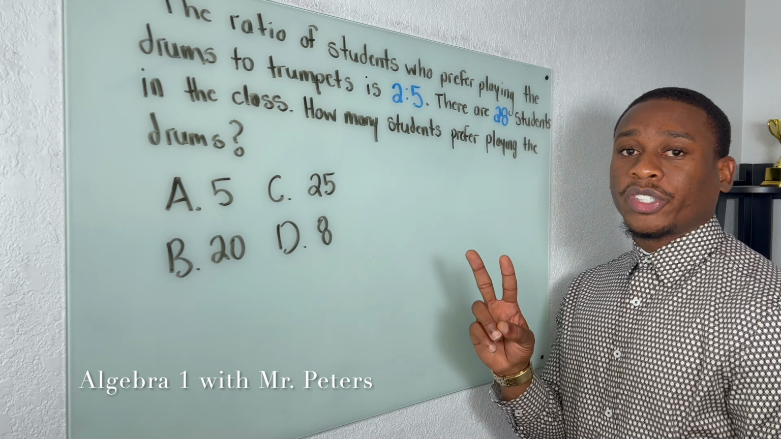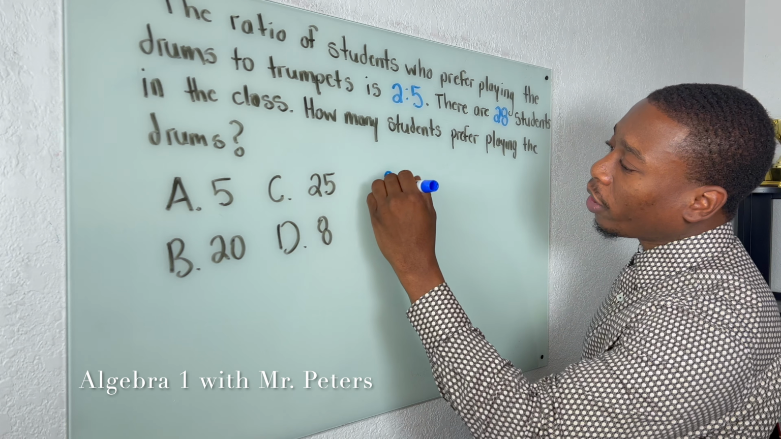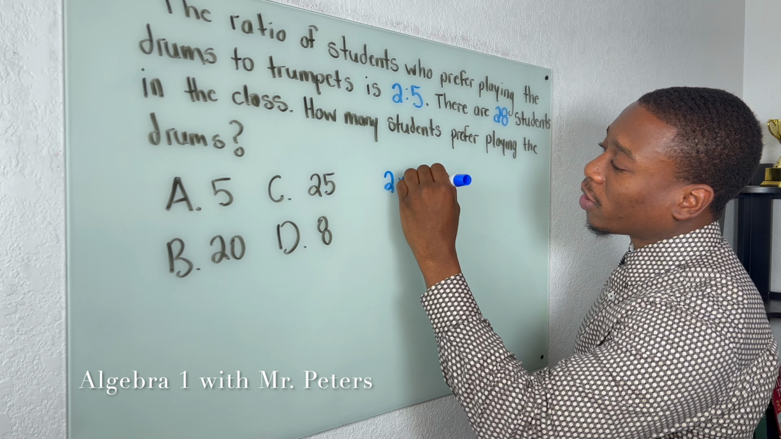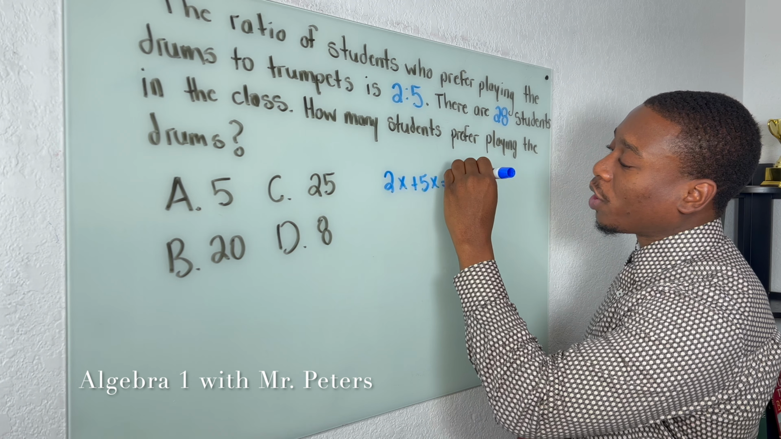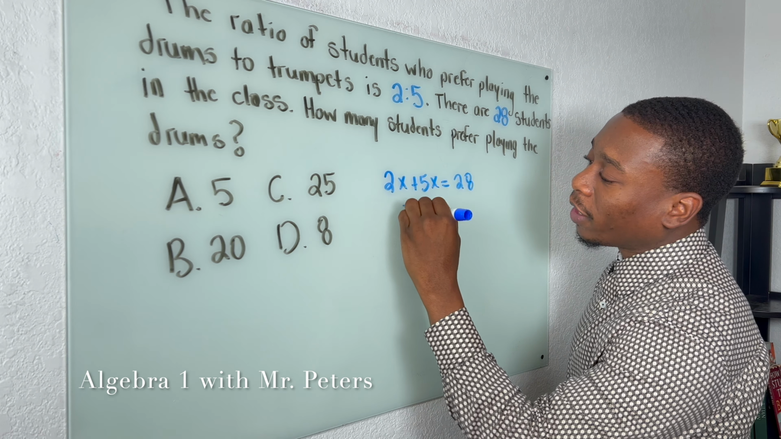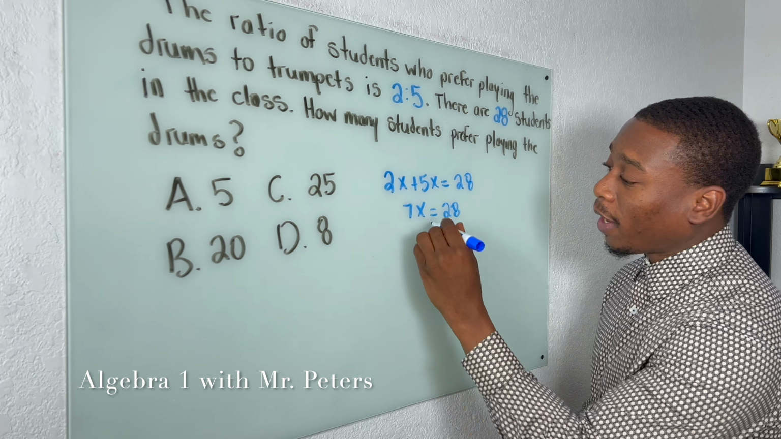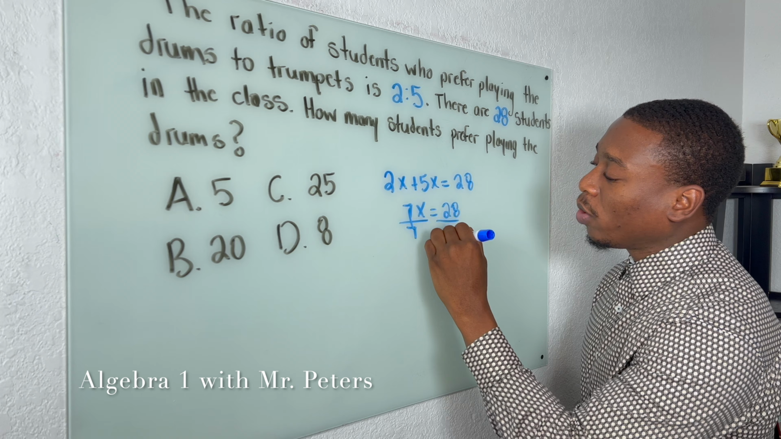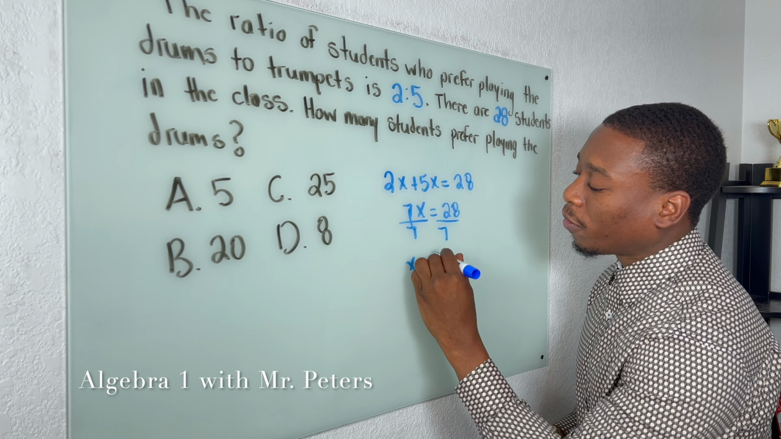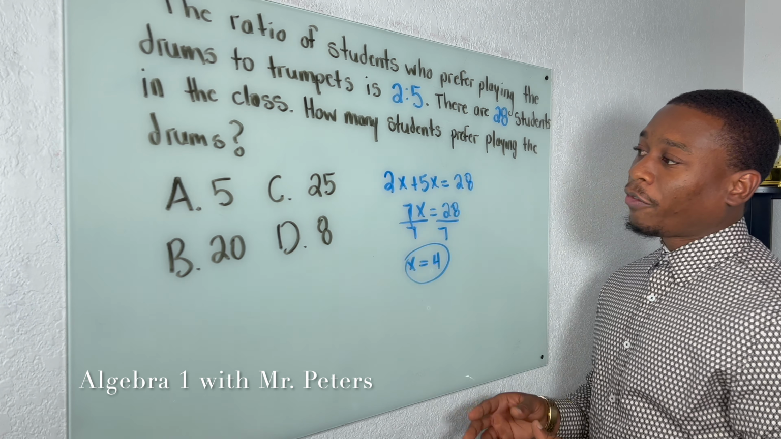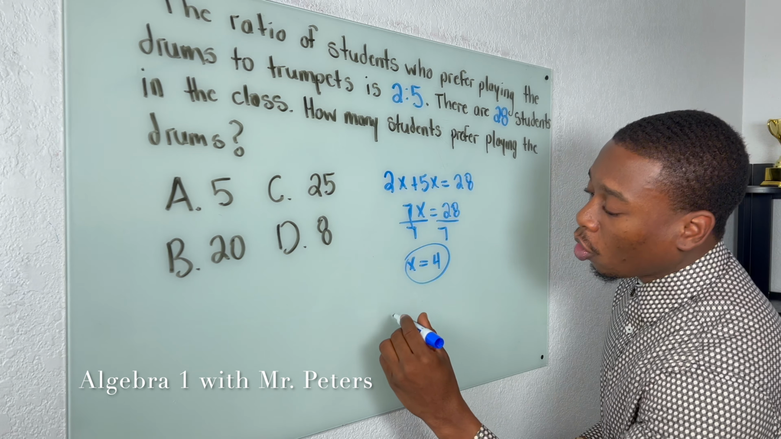There's two ways I'm going to show you guys how to solve this. We could create an equation. 2x plus 5x is equal to 28. Simplify to get 7x is equal to 28. After we simplify by dividing, we will get x is equal to 4. So when we plug that 4 back into the equation, we know